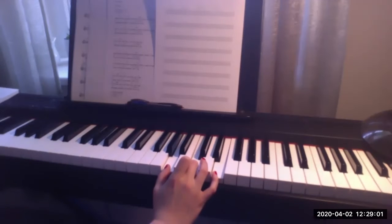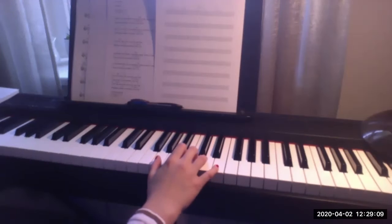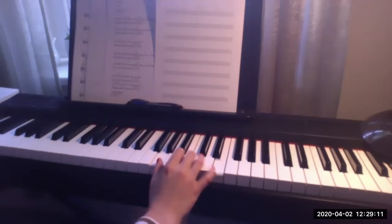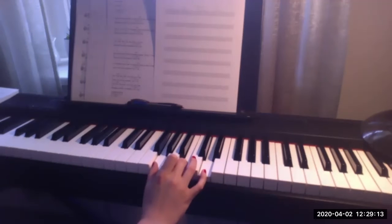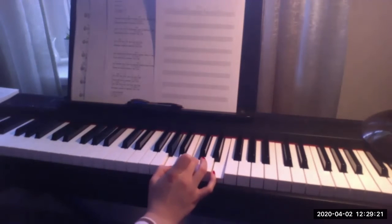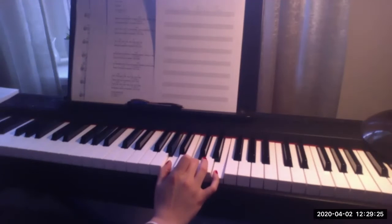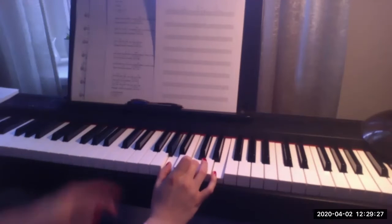So that's pretty easy. Make sense so far? Cool. So we have C chord, G, C, E. When I find myself in times of trouble, move up a step for A minor. Mother Mary. Ooh, A minor to F. I like this one. So we have A, C, E, and F chord is F,